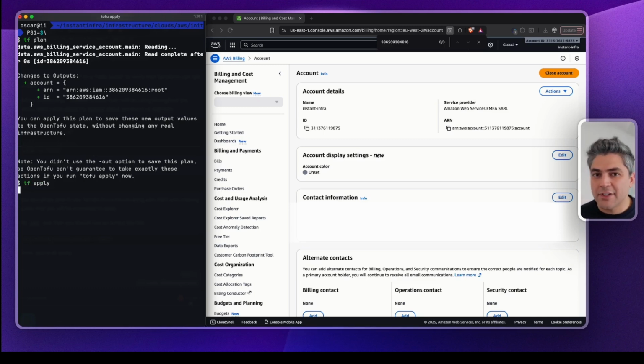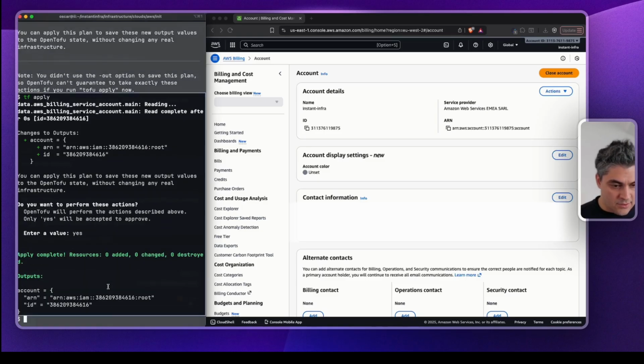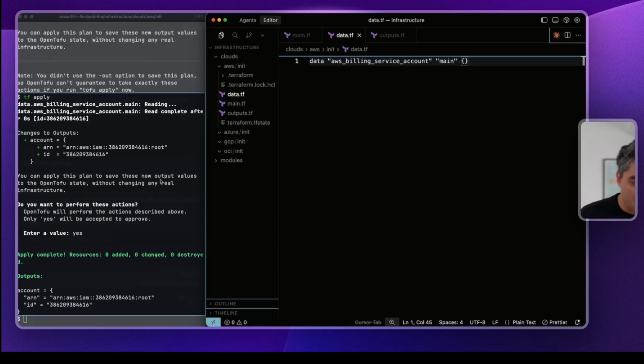Am I using the credentials from my previous account? Cool. That's it. I mean, you have a Terraform-ready repo with AWS credentials, and